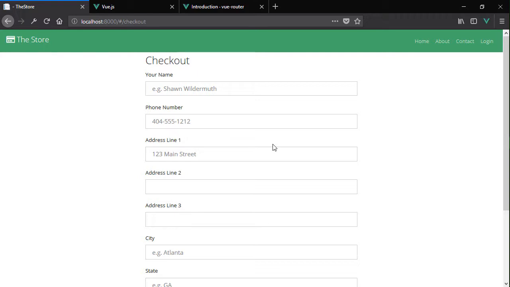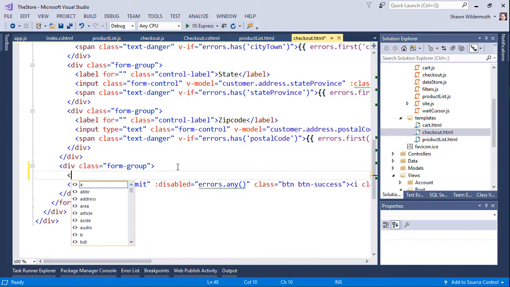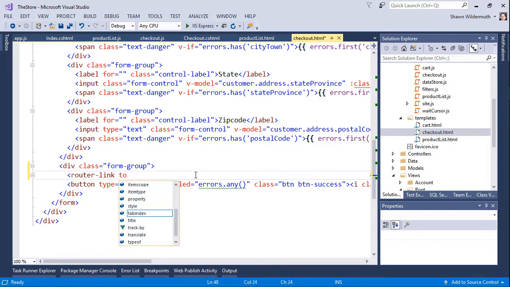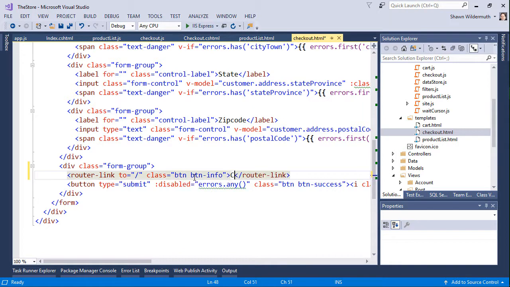This is all happening within the context of our client. If we do the same for checkout, remember down here there was a button for submitting, but let's go ahead and create a new router link that is going to go to the root of our application. I'm going to add classes for button and button info and just say cancel. This way, if someone gets this page and they want to cancel, it will take them back to the root